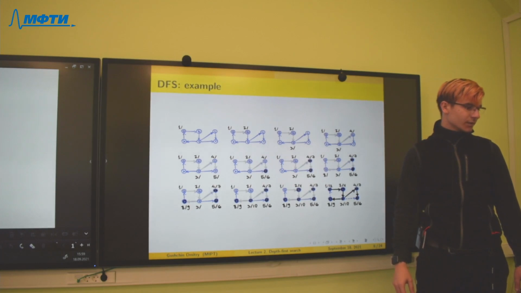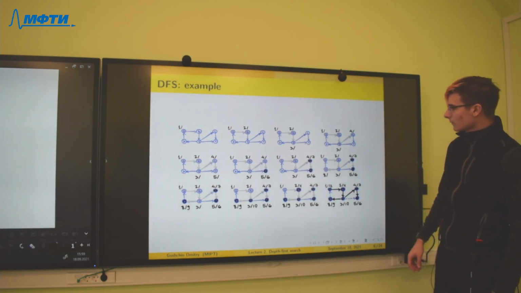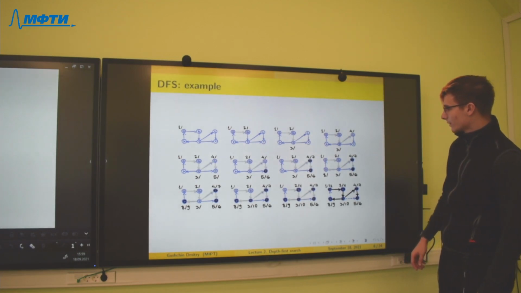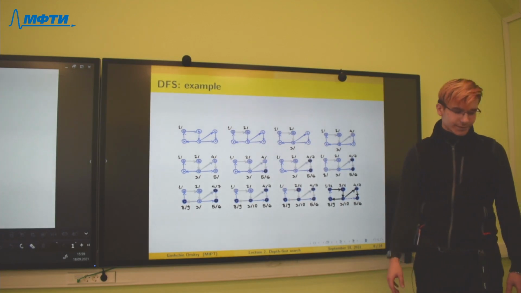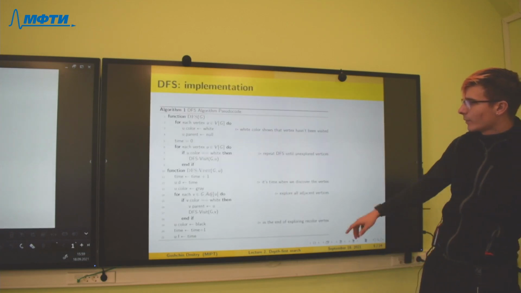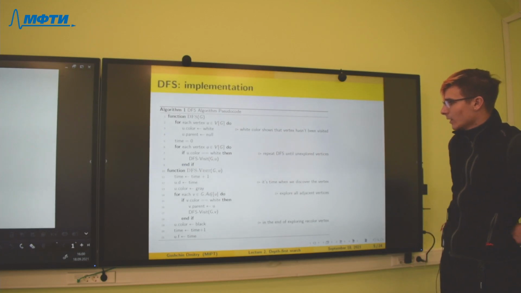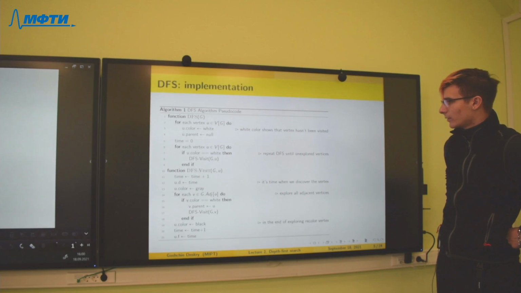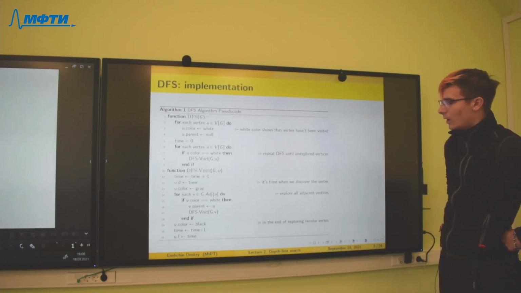What is the time in the pseudocode? You can think that time is equal to time in the real world, but we store it as a variable because we need to understand in which order we visit each vertex.